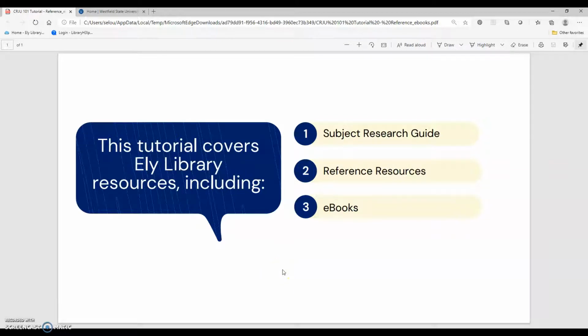Use this tutorial to learn about Ely Library resources, including a subject research guide made specifically for criminal justice by one of our librarians. It includes some recommended resources to help you get started with your research. I will show you where to find this guide on our library website, and from this guide, I will demonstrate